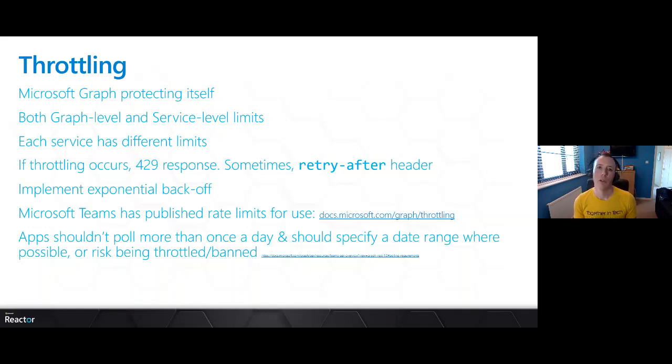But you should also build in support in your code for dealing with 429s and doing backoff. Because if you do get throttled, your throttling counts towards your limits as well. So you get into a throttle hole that is very hard to get out of if you haven't coded in some kind of backoff mechanism.